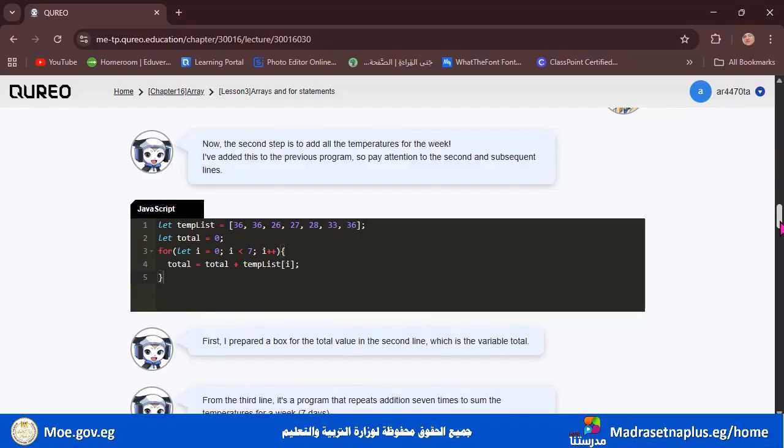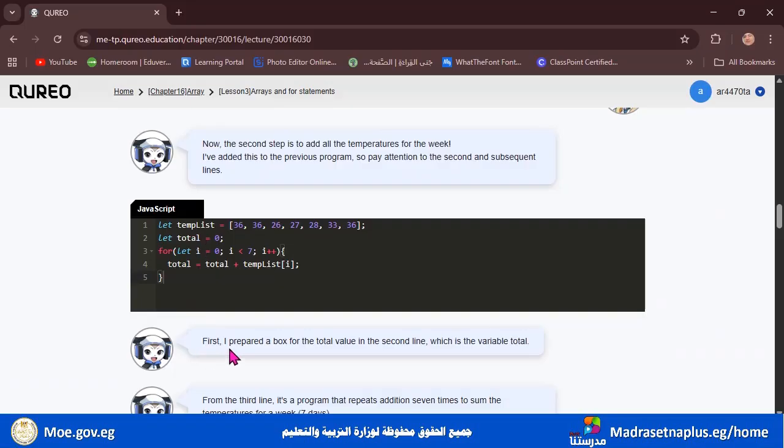So here, as you can read, it's let template equal, and here is the array for it. After that, we create a variable named total, okay? And total here is for adding all these values.